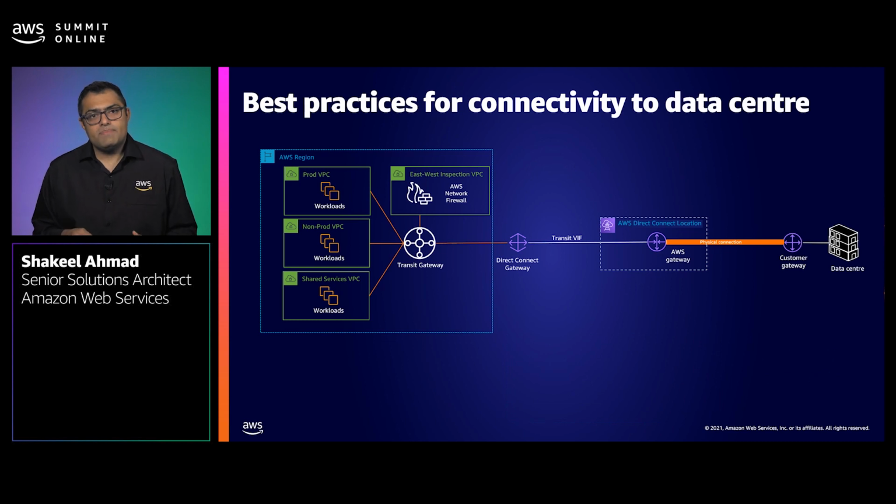For best practices, if you have a single device and a single data center, your configuration may look like this, where you have a single Direct Connect physical link connecting to a Transit Gateway using Transit VIF, and you can connect to several VPCs. Now, this sort of configuration is probably okay for a dev or a non-production workload because it's a single connection on either side, and there are various failure domains which are applicable.